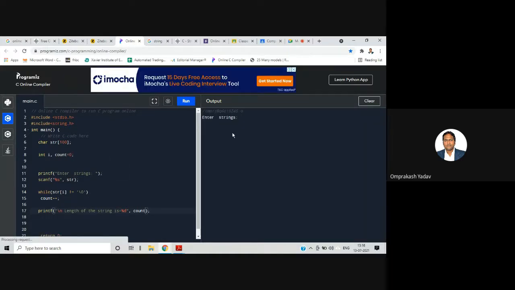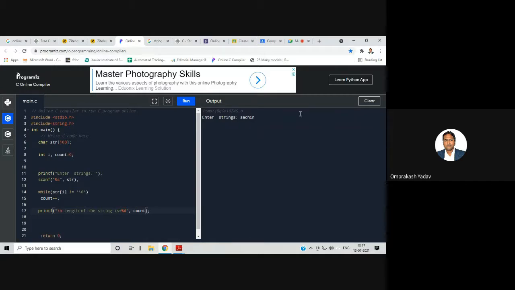Enter the string. Can somebody tell me what is the error in this particular program? There is one bug in this. I'll run it again.